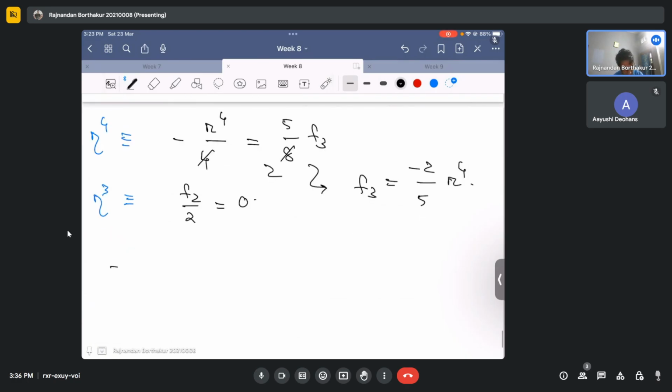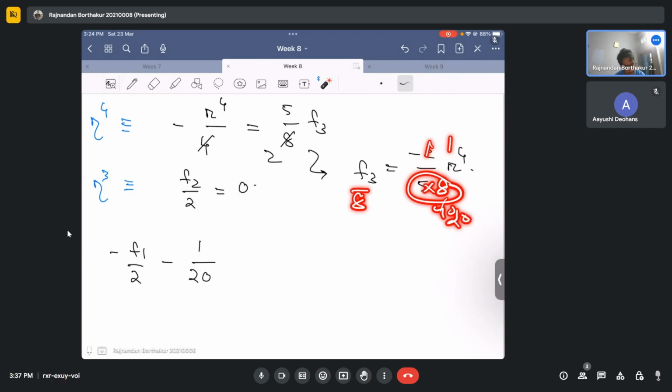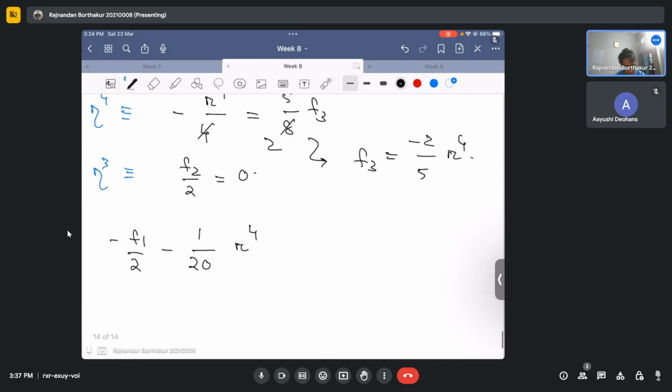If we substitute there, it will be minus f1 by 2 plus f3 by 8. So this would become minus 1 by 20, I think. Just check it out. f3 by 8 would be 5 into 8, this would be 40, and so it would become minus 1 by 20. Okay, looks good. So minus f1 by 2 minus 1 by 20 r power 4